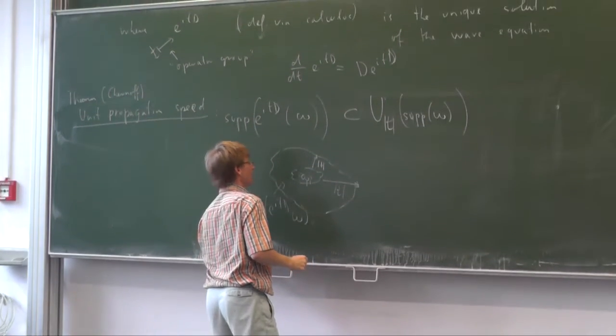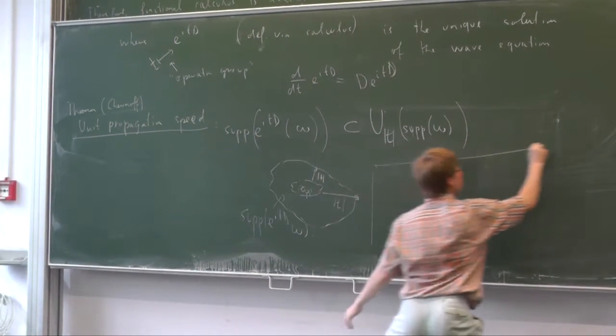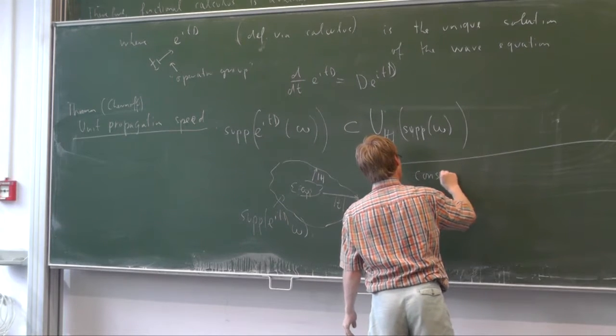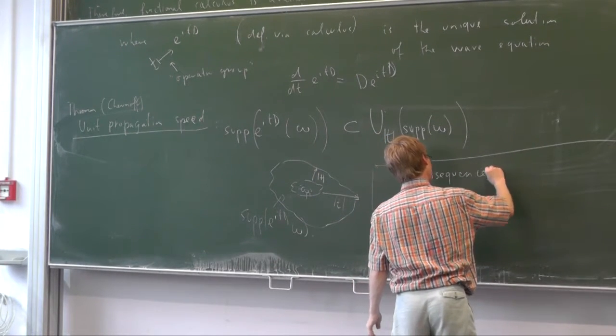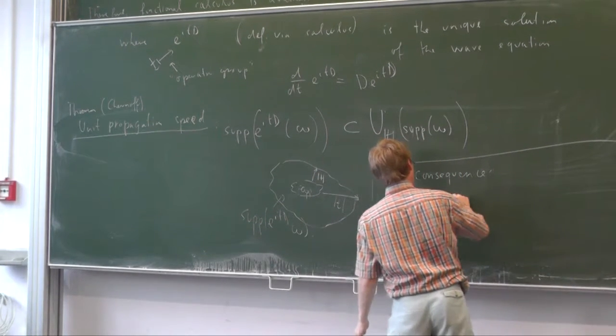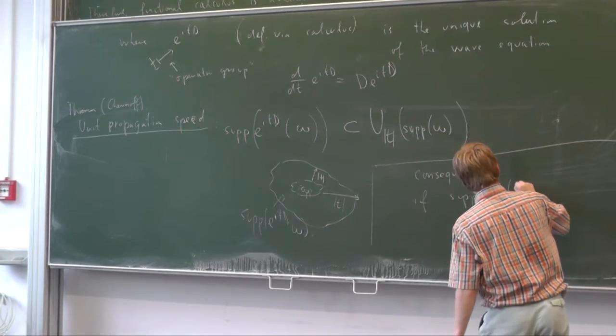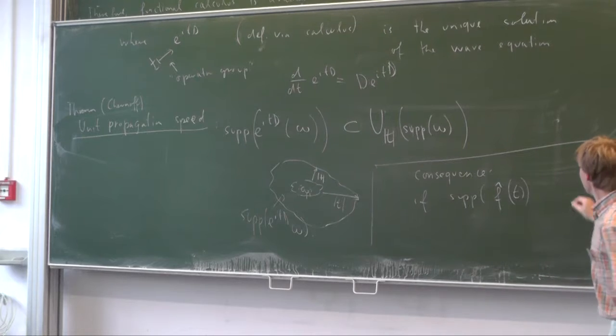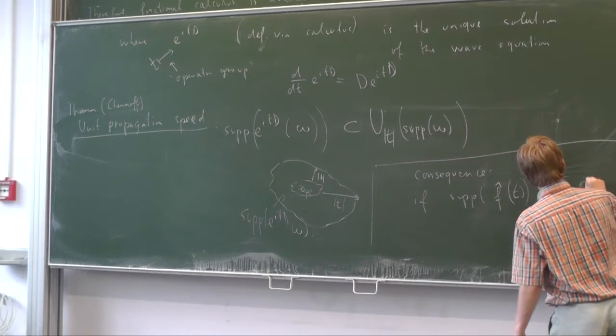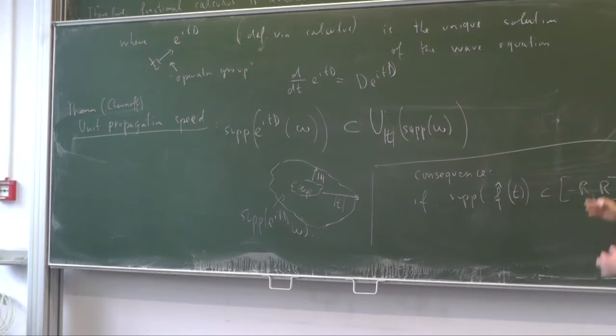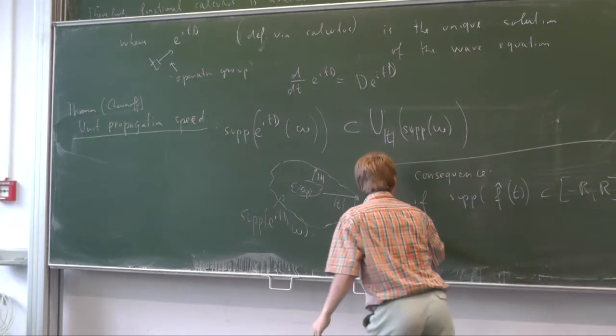And as a consequence, if the support of f hat, we call that the function on the real line, is contained in minus r to r, so if you take an f hat which has compact support, then